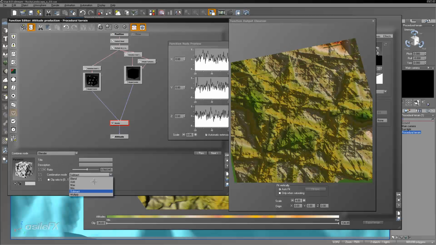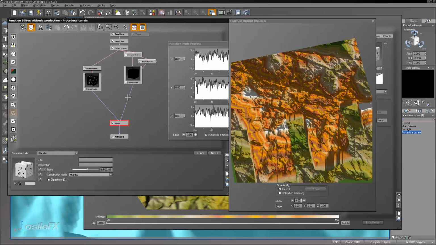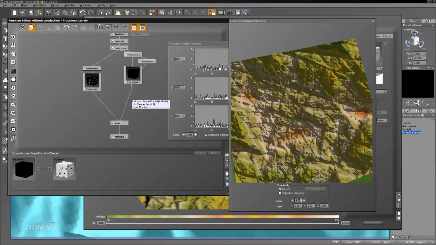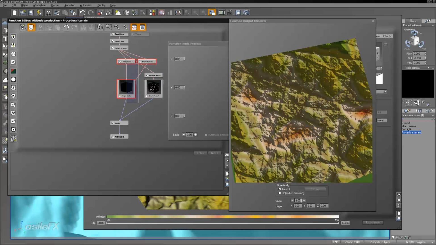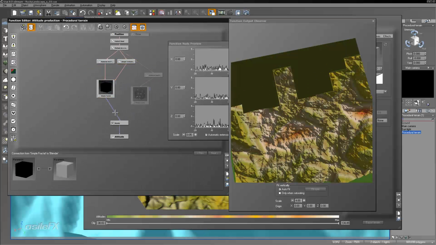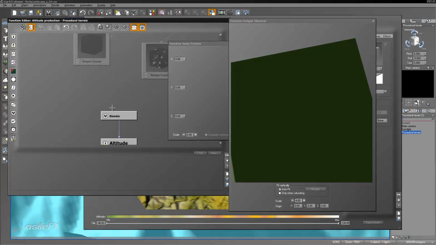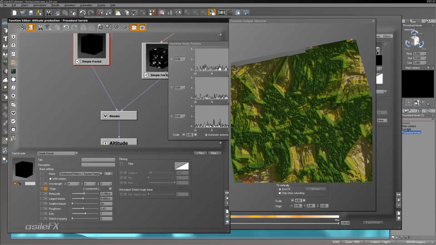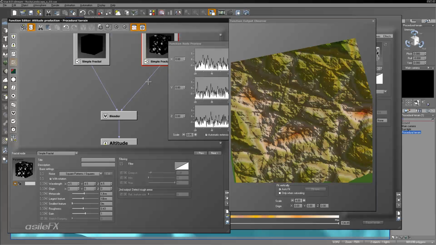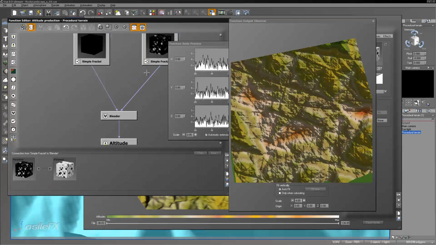So let's go ahead and set this to multiply. And I'm going to go ahead and switch input 1 and 0. So let's just go ahead and move over that new fractal to the other side and rework the blender input. So 0 is connected to the square samples, and input 1 is the square pattern. And we're going to select the link between the squares and the blender, add in a filter,